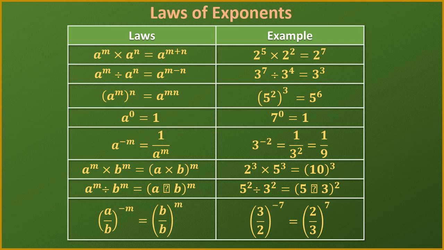Look at the example, 3 upon 2 given with power minus 7. So we can say that 2 upon 3 will be with power plus 7. It means the base which is given in the form of a fraction will be reciprocated and the sign of the power will change. If it is negative, it becomes positive, and if it is positive, it becomes negative. Okay, so these are the laws which we need to use in the next exercise. Let us see question number 1.